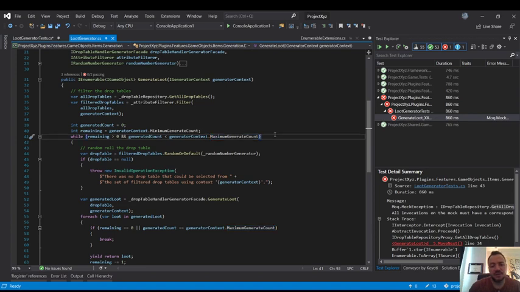But again, I just jumped back to the class. I want to make sure that I can make this return right away. So this condition says that remaining has to be greater than 0. Remaining to start is going to be what my minimum is. And the generated count, which is 0 to start, needs to be less than the max. So really,